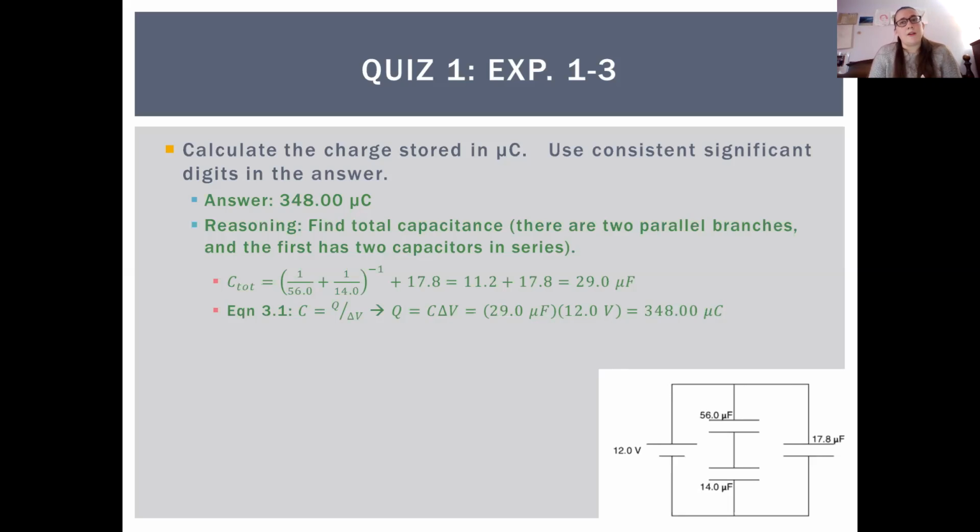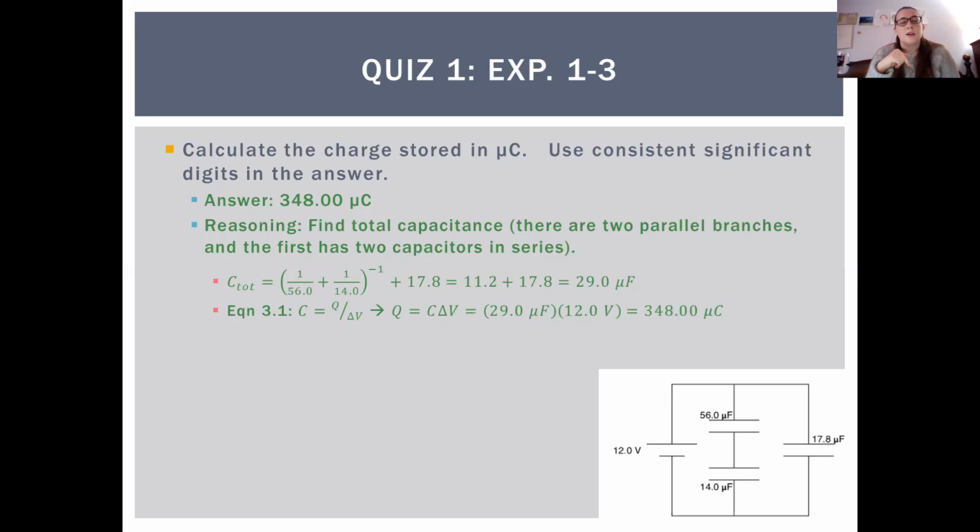So when we're dealing with a parallel circuit, the total capacitance is just C1 plus C2. So branch 1 plus branch 2. Branch 2, that one to the right, is easy to figure out because the total capacitance there is just 17.8 microfarads. However, that middle branch, branch 1, it's a little bit more complicated to figure out the total capacitance there